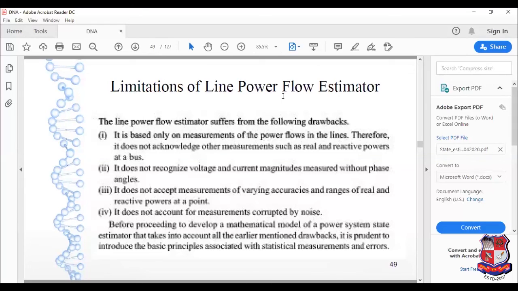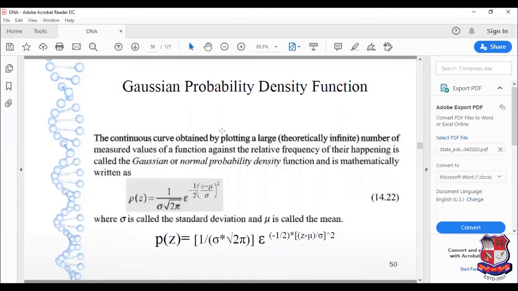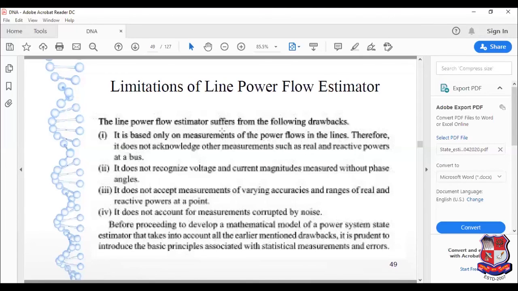Once you understand the use of the power estimator in our power system network, you can easily understand this. So till now, what topics have we discussed? First, we have discussed least square state estimation. Second, its usage for a simple circuit, then on a power circuit, and its drawbacks. In my next session, we will discuss how bad data can be detected or identified and solved, as well as the Gaussian probability curves and everything. And at the last, we will calculate this power flow estimation by using a Jacobian matrix.